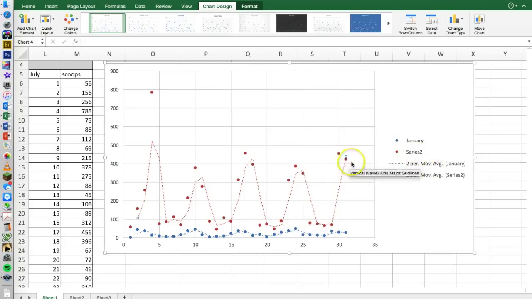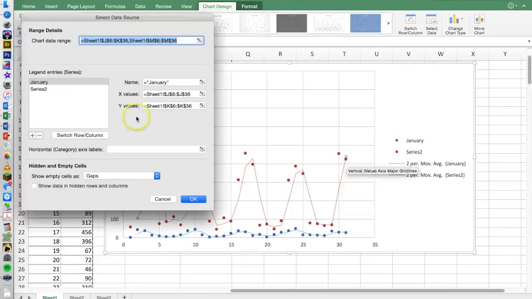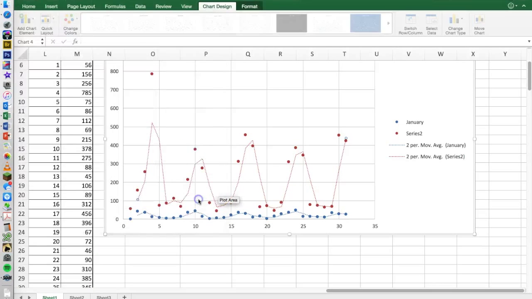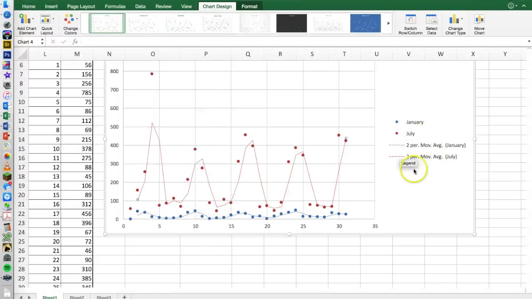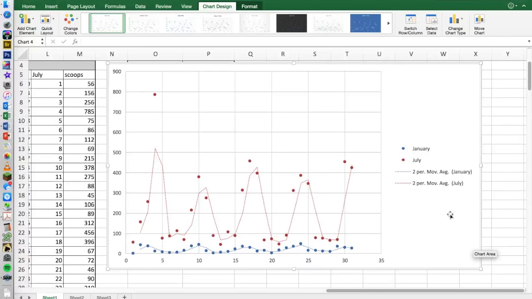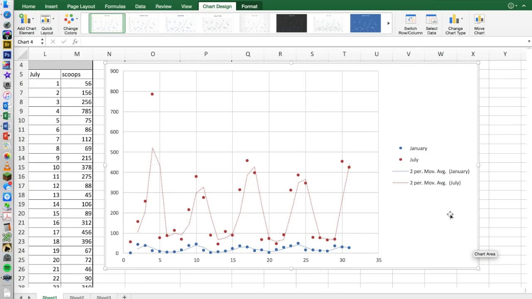Now, the other thing I want to do here is continue to work on labeling my graph. So instead of January, I'm going to click on series 2, and I'm going to label this July, hit OK. And now you can see here that I have this cute little legend representing the 2 data sets that I put in here. Again, I didn't label my axes. I didn't provide a title to this graph, so it's not perfect,